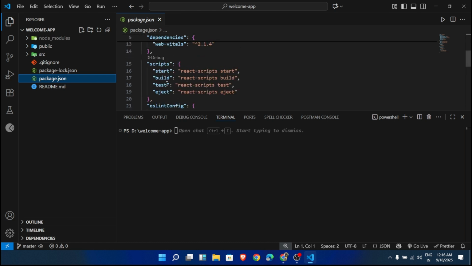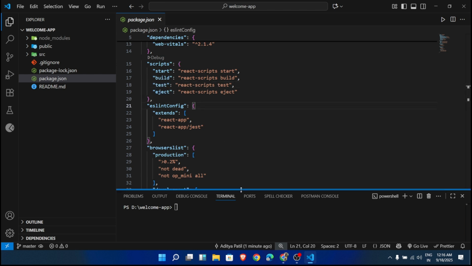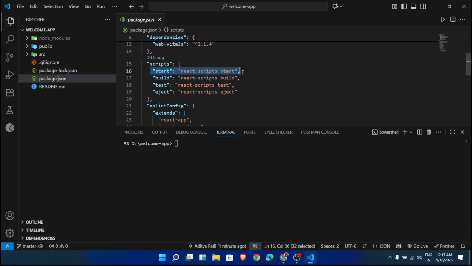Okay, so just a quick overview. This is the package.json which has the scripts for starting our application, for building our application, for testing, for eject, everything. So here, for starting our application, we need this start script. And what we are going to use, we are going to use the npm for that, for the installed packages. And here we are going to put npm start. When we hit enter,